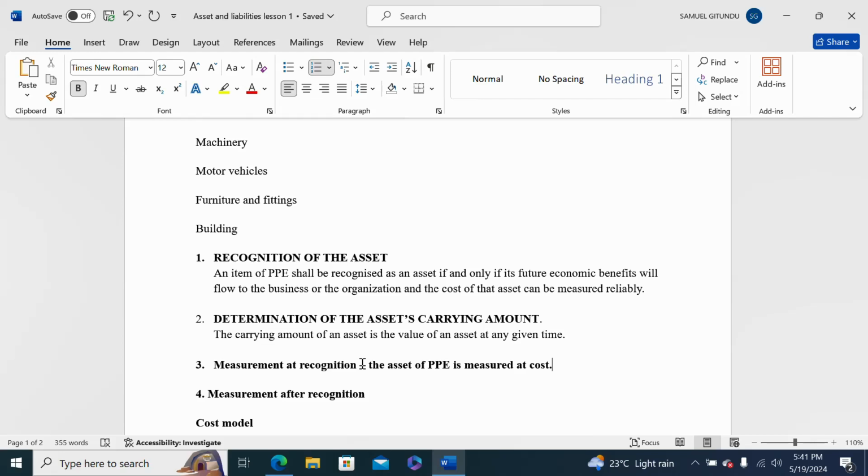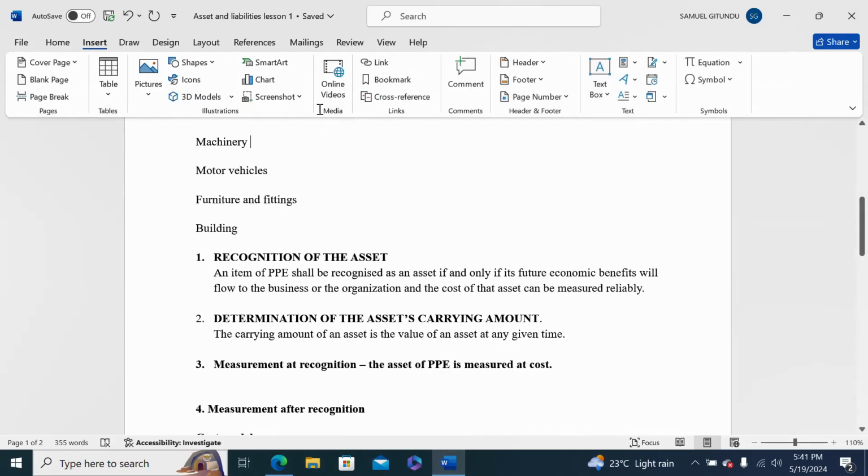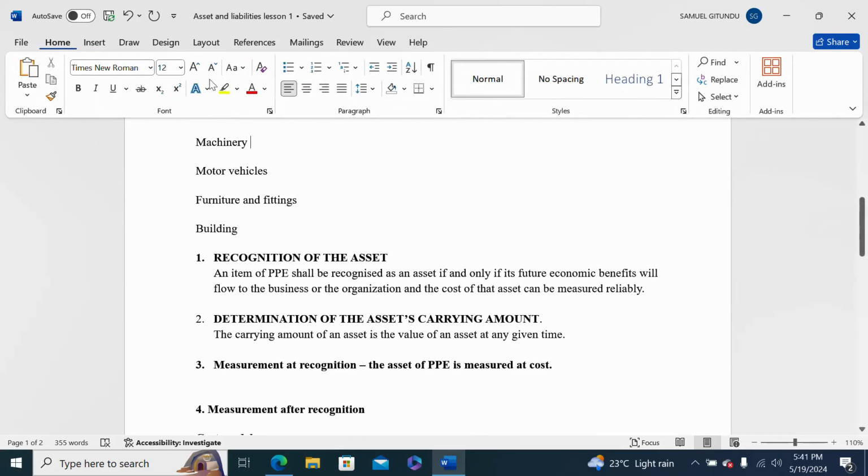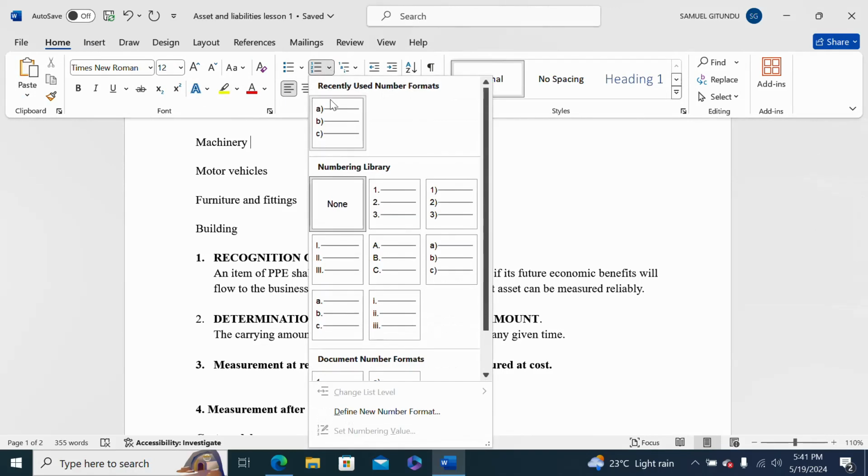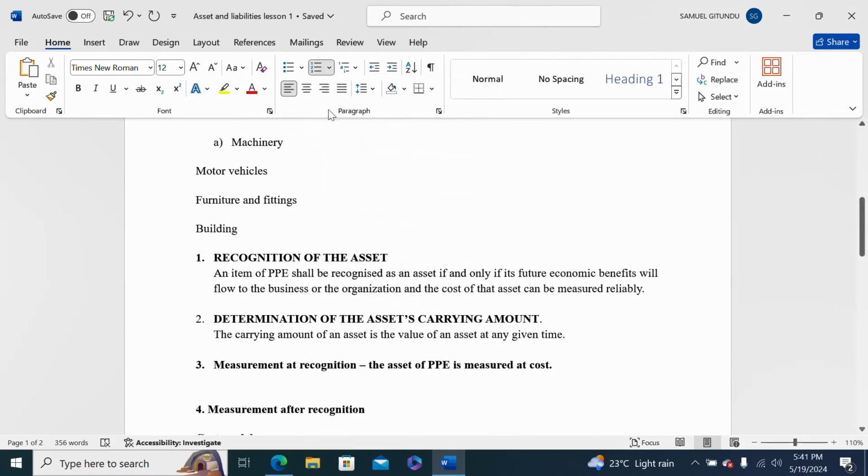And there are some elements which are included in the cost of this item of property, plant, and equipment. And these elements should be included under the cost of property